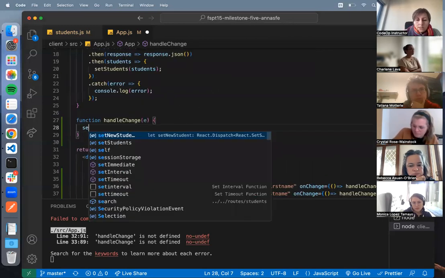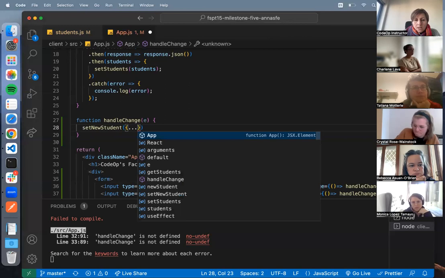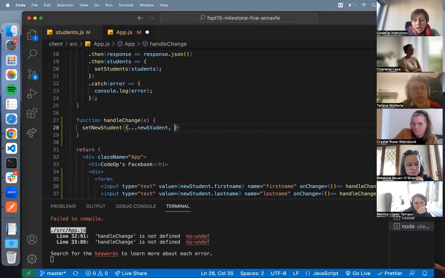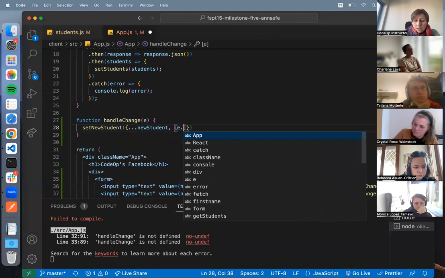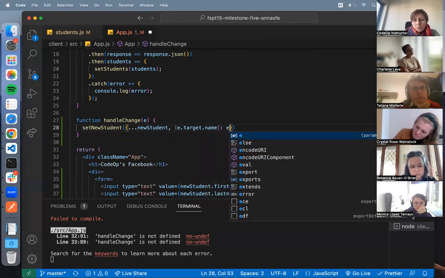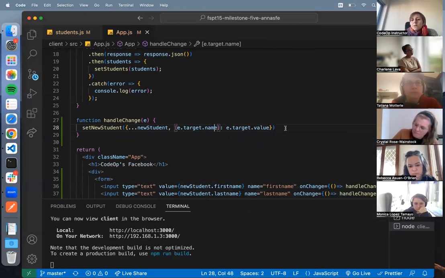So the handle change will set the new student to an object that will be the previous student. So it should be the new student from before, and then I am updating the property that the e.target.name defines to the value that the e.target.value sends. So here it's where I store the user input, and this name makes reference to either first name or